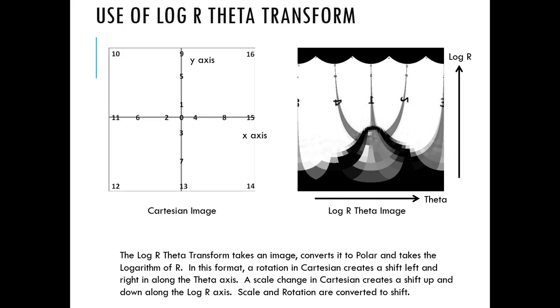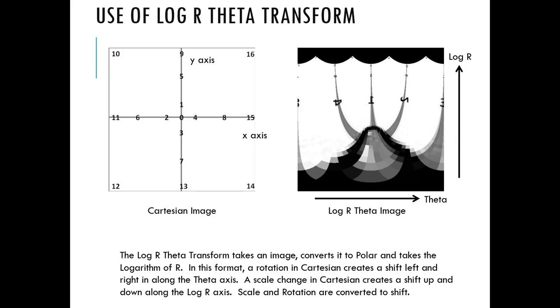This domain converts rotations into linear shifts along the theta axis and scale changes into shifts in the log r axis. Note in the image shown here that the mapping from the Cartesian to log r theta creates a very unusual distortion in the image. Because the image is transformed so non-linearly, it creates some sampling issues that create noise in downstream steps. Some of this can be helped by using better interpolation, cosine, cubic, least squares, etc., but I used a linear